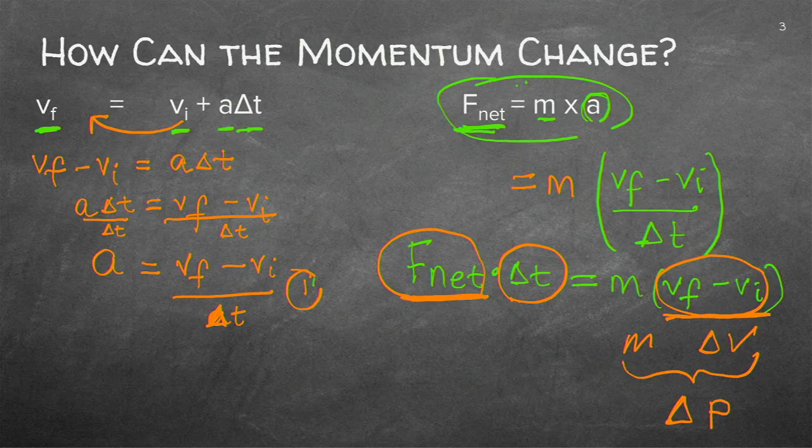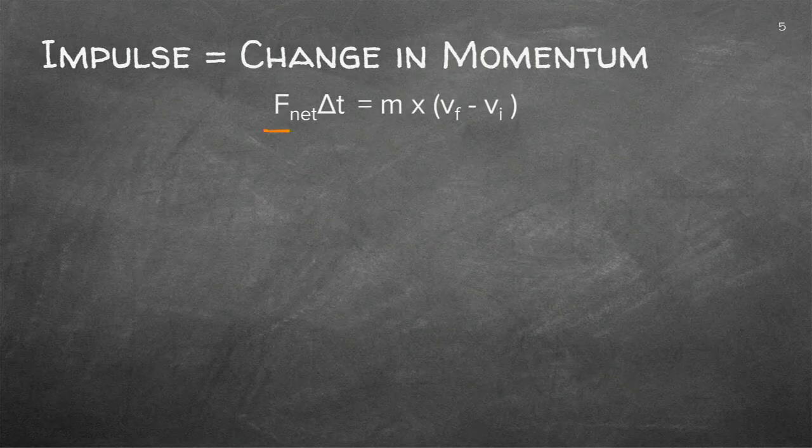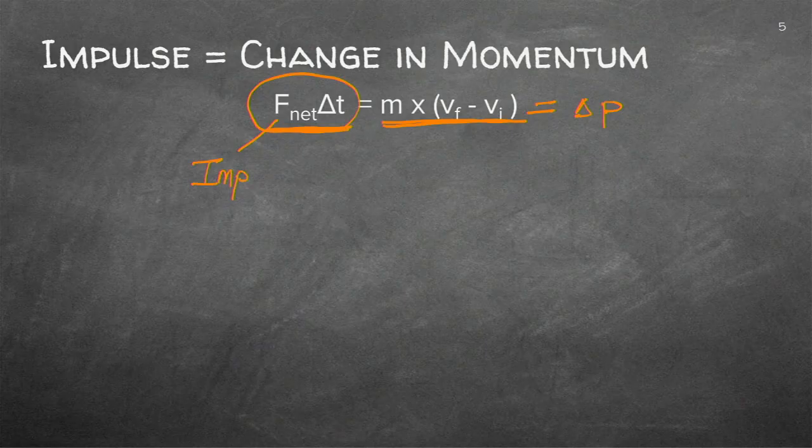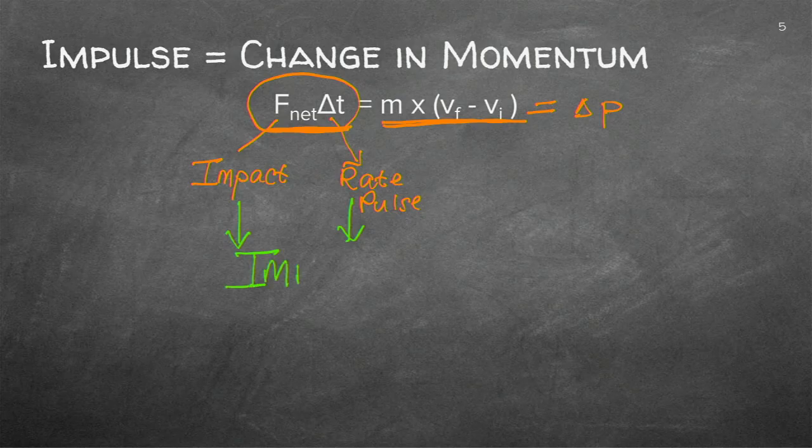Now let's go back to that again. So we've got the change in momentum will be the same as this side, and I'm going to write the change in momentum there, the F times the delta t. And we've got a specific name for that. That is a force, which is an impact on the mass, and that is a rate or a pulse. And those two words will now form a new word which you haven't done before, which we call impulse.